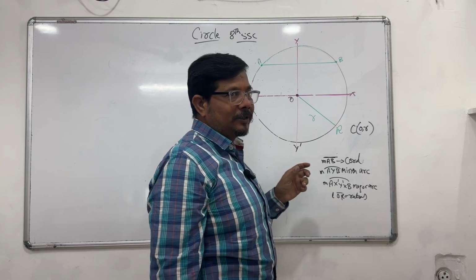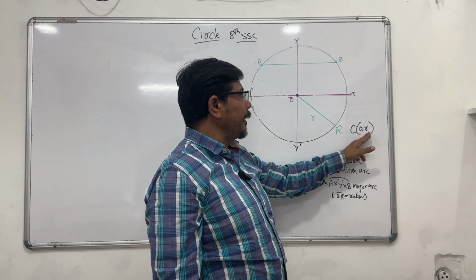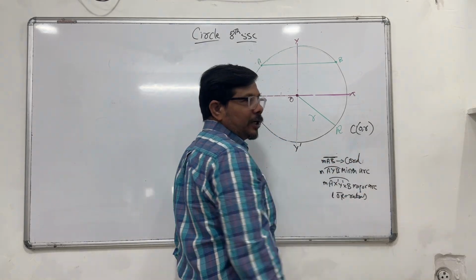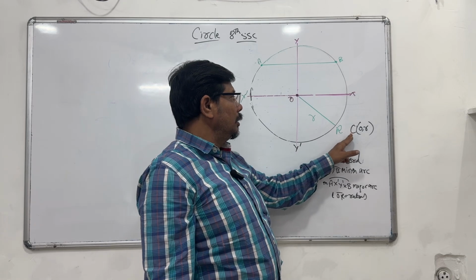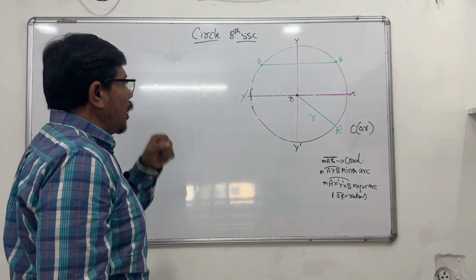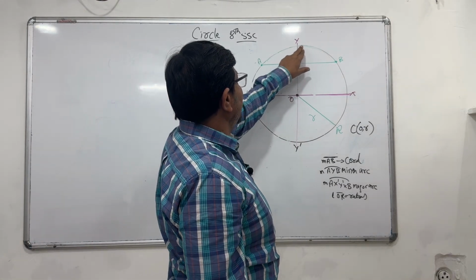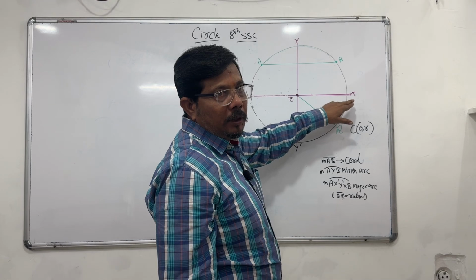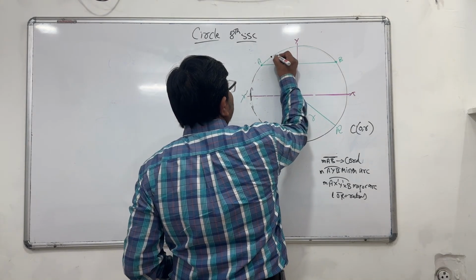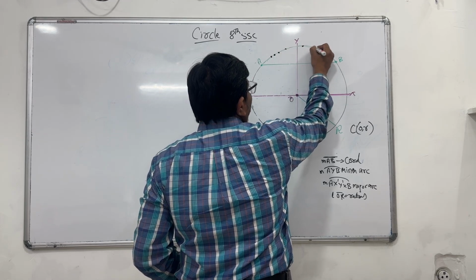If we want to define a circle, we write C having center O and radius R. This is the method we can write for the circle: circle with center O, radius R. Now, a circle is an infinite number of points in a plane. It is a locus of the points in a plane